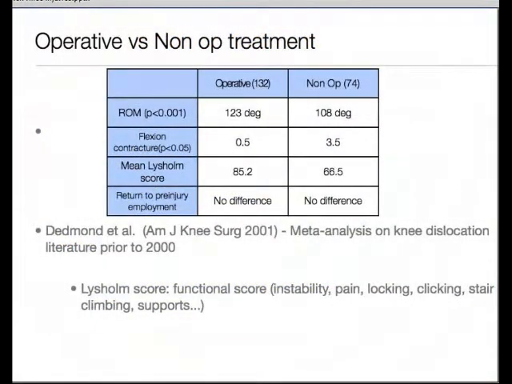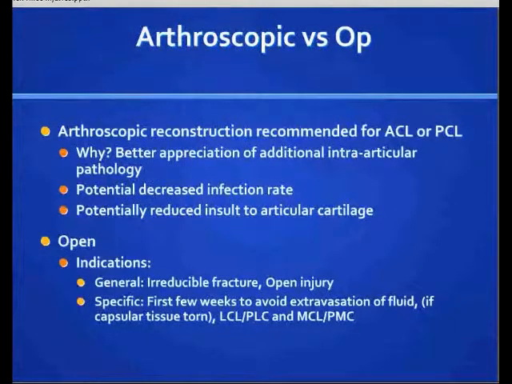regarding whether surgery is done arthroscopically or open, arthroscopic reconstruction has the advantages of the ability to assess other intra-articular pathology, a potential decrease in infection rate with a small wound, and with prolonged surgery, the potential